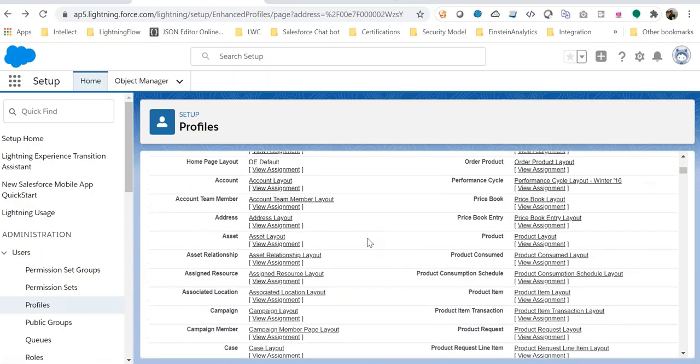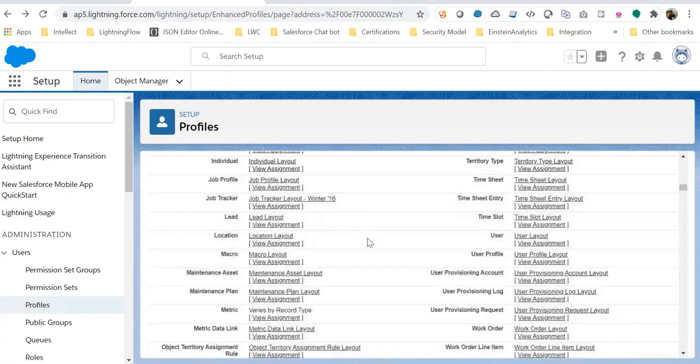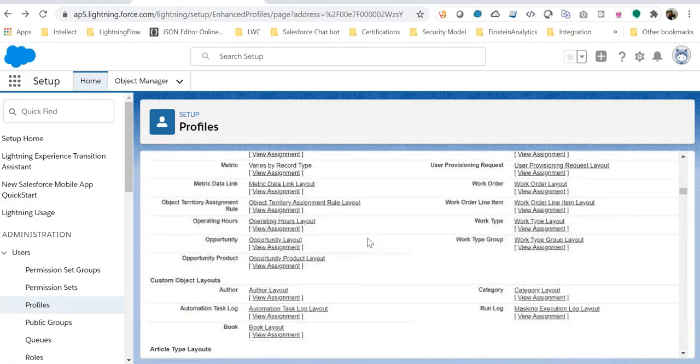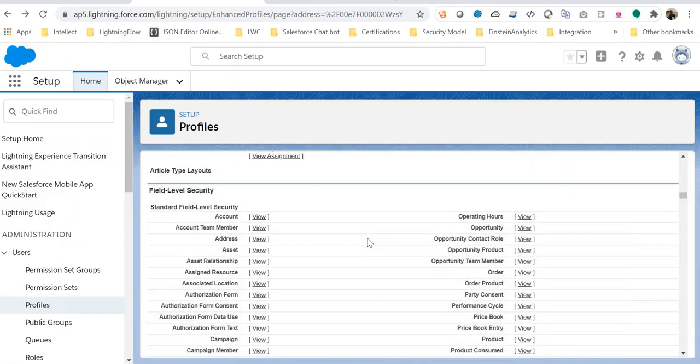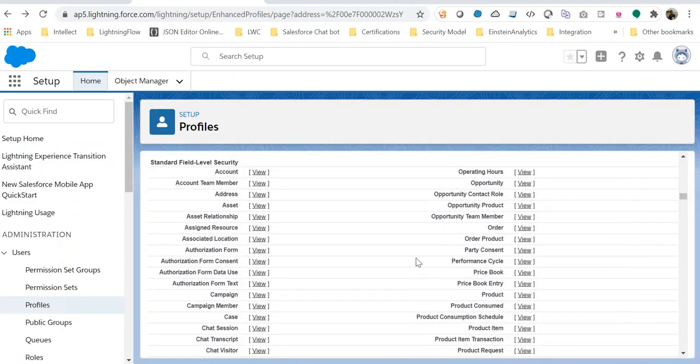Okay, so the page layout permissions can be managed under profile. Let's scroll down. Field level security. Again, here as well, all the objects are listed down, and for every object, you can manage field level security. Let's say again for account object, you want to update the field level permissions. So you can click on the view link